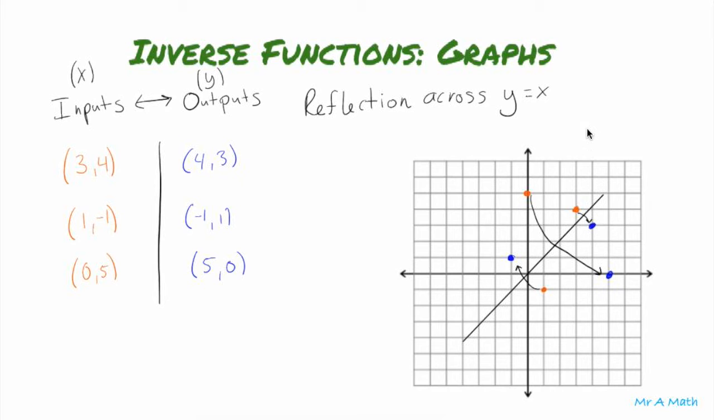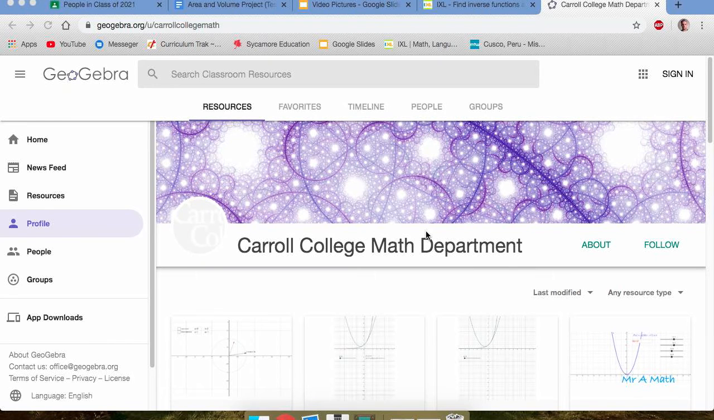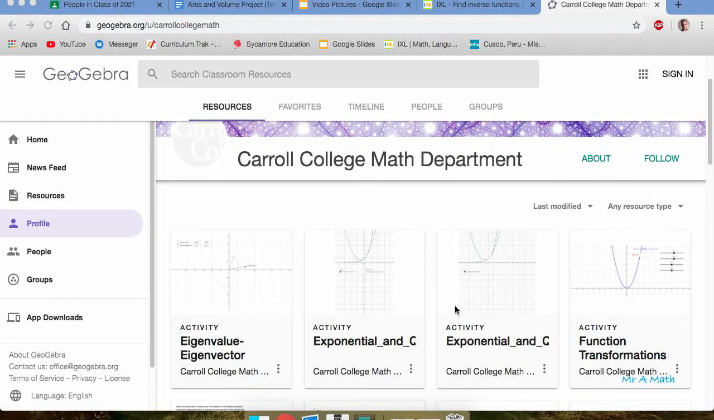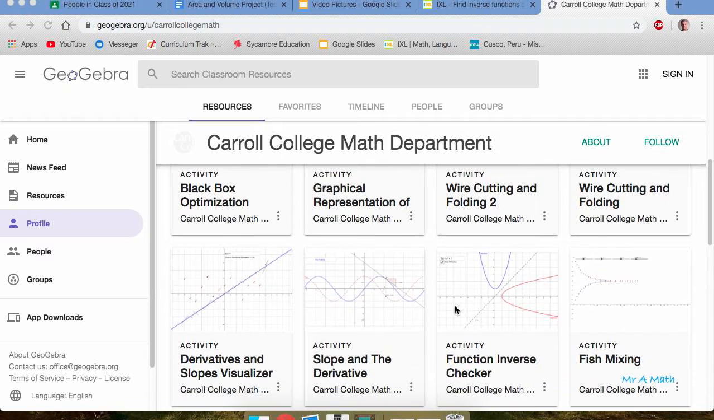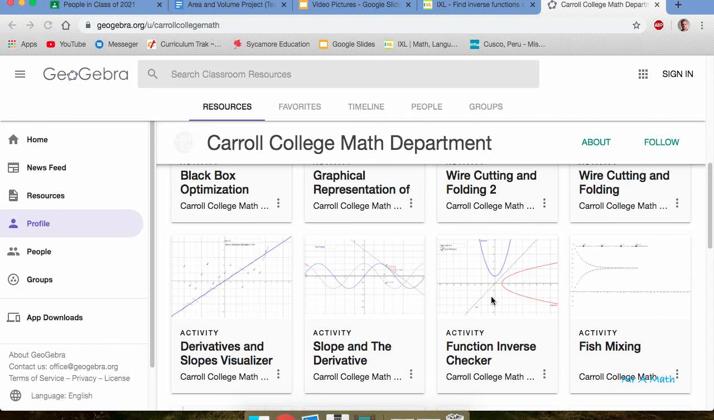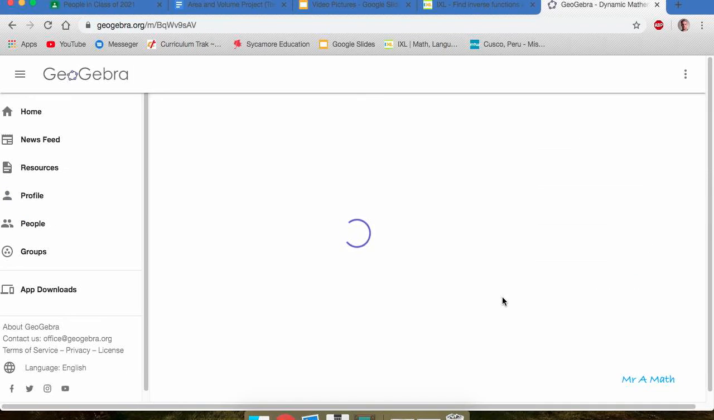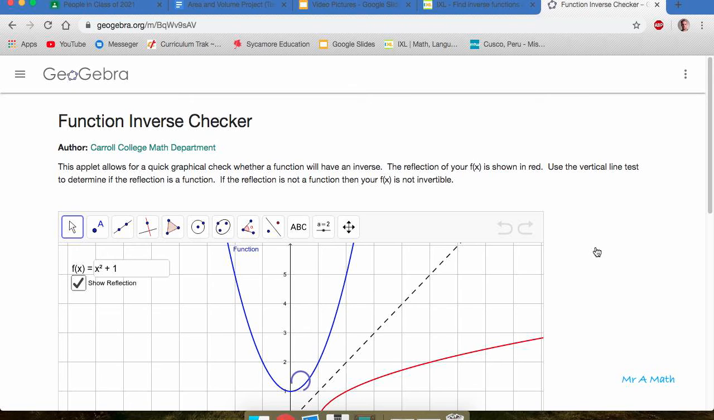So let's look at some of the implications of that on GeoGebra. Alright guys, here we're looking at Carroll College Math Department's GeoGebra page. There's a lot of good stuff on here. Today we're specifically going to be focusing on the function inverse checker, which is found right here. And if we go ahead and click on it,